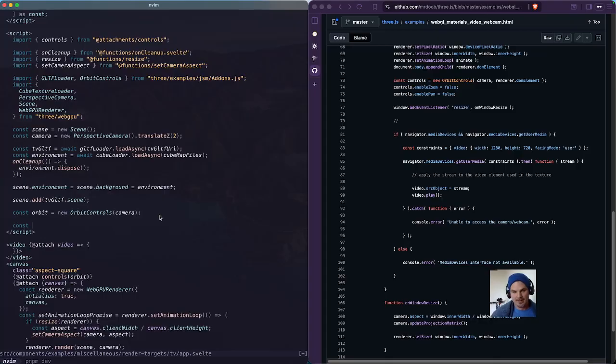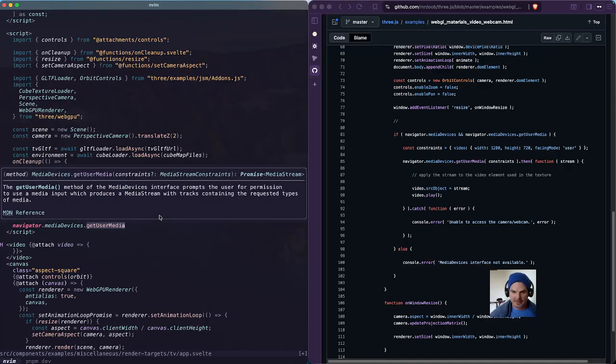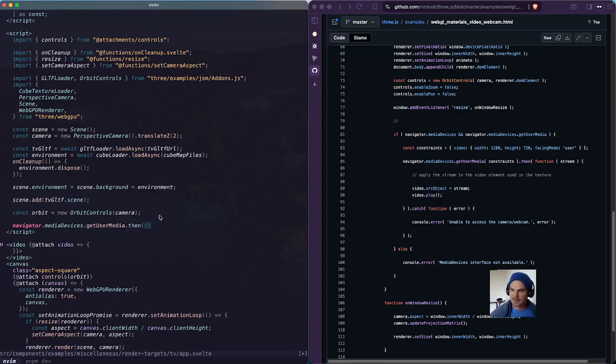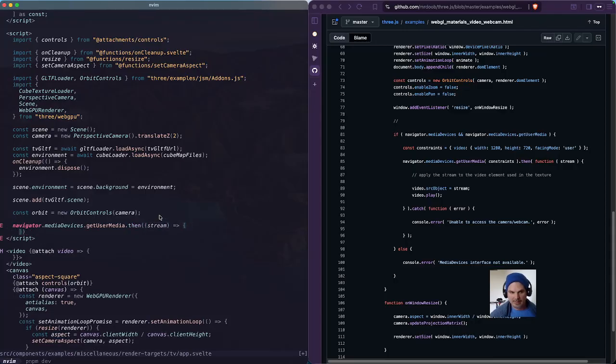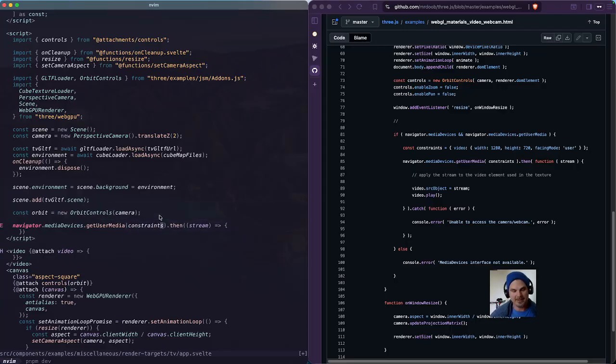So we'll grab this code here, media devices, get user media. What does this return? A promise. So we'll call .then on it. And is this a stream? Oh, let's see. Oh, you have to pass in constraints. So these constraints are, as far as I know,